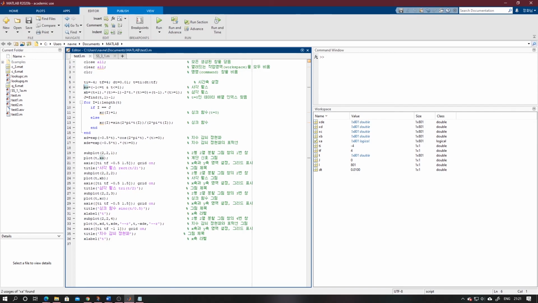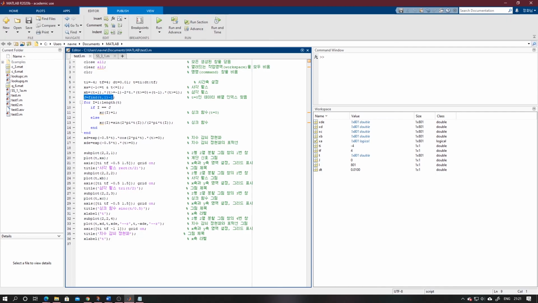And here this is for the square pulse signal. This we can use, and this formula, or we can say this code, is for the rectangular pulse, and this j equals find t comma 1 minus 1 will find the array index, which is t equals to 0.